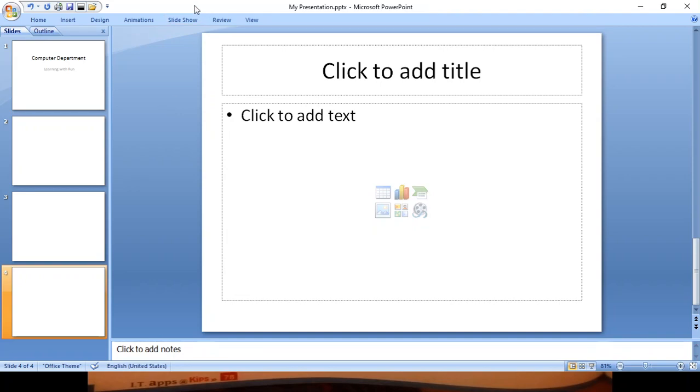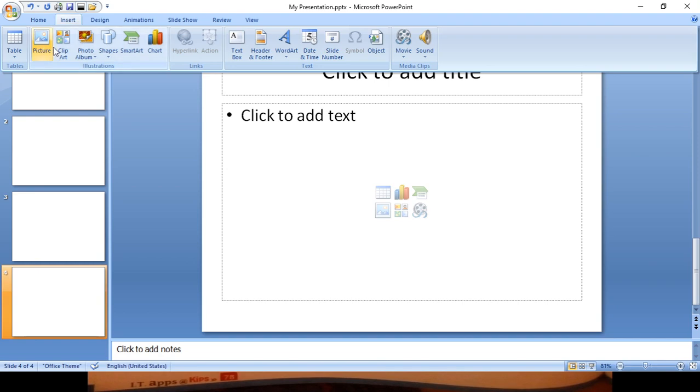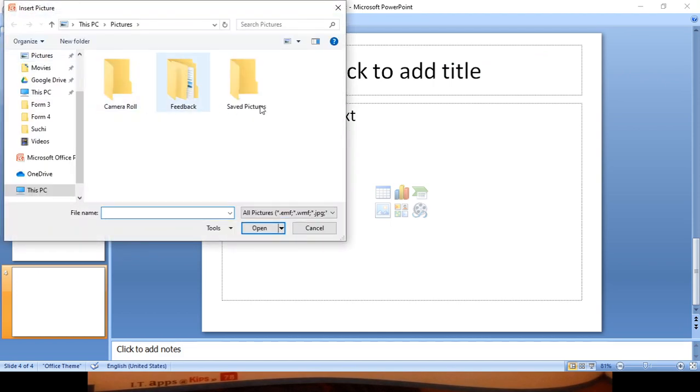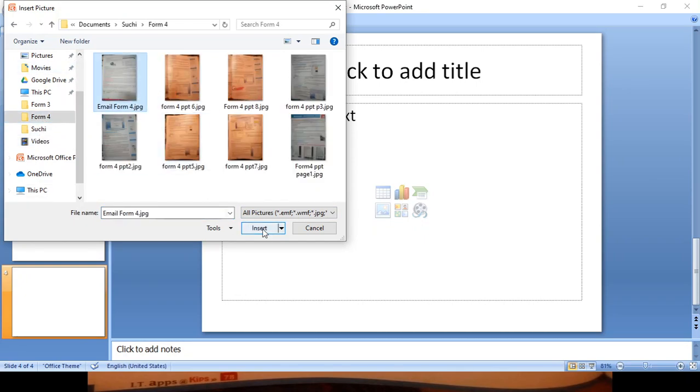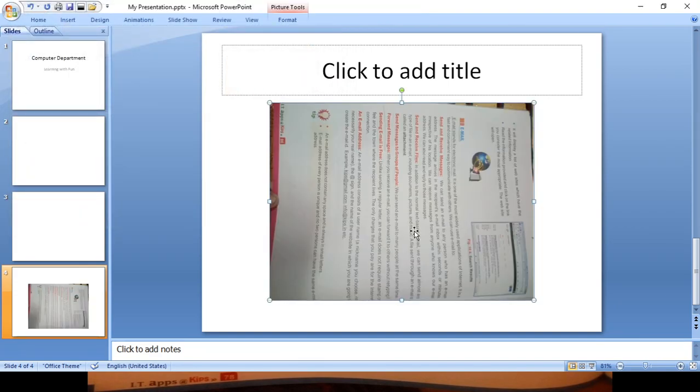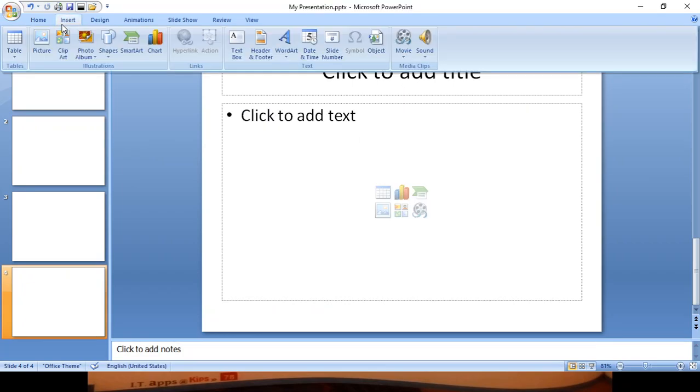What it says is to click on insert, and here we have an option like picture, right? Picture is the picture that you want to insert from your laptop or from your desktop or from your computer. Your own picture, if you want to insert, you can do it from the picture. I'll first show you from the picture. I'll select it. See, I don't have any picture just now. I think I have saved somewhere. Let me see this. Insert. So this was the picture that I have inserted from my file. I'll delete it. Then insert clip art.